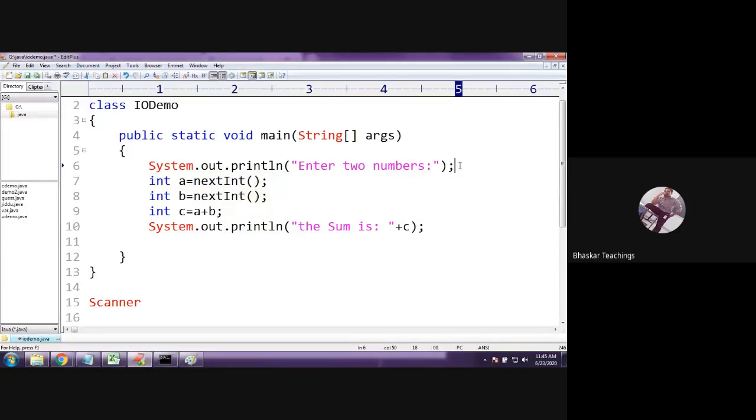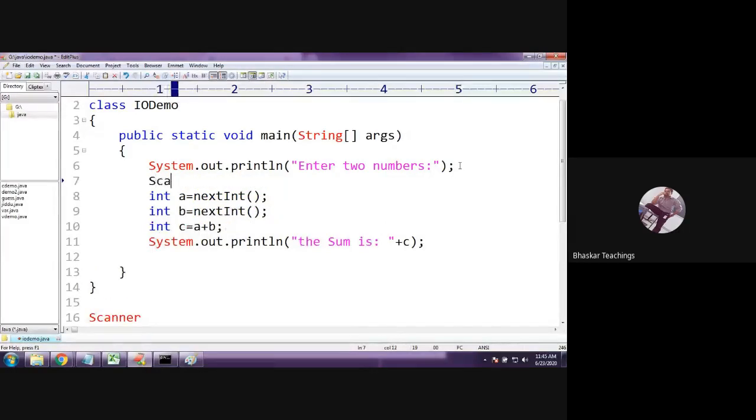So let us create it. And what is the syntax for creating an object? The class name, the object name equals new, and the call to the constructor Scanner. Actually we used to have it like this, but here you need to mention something to the constructor: System.in.